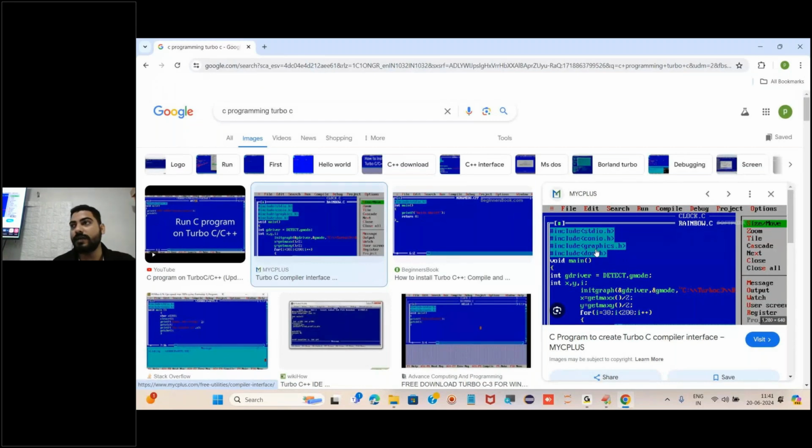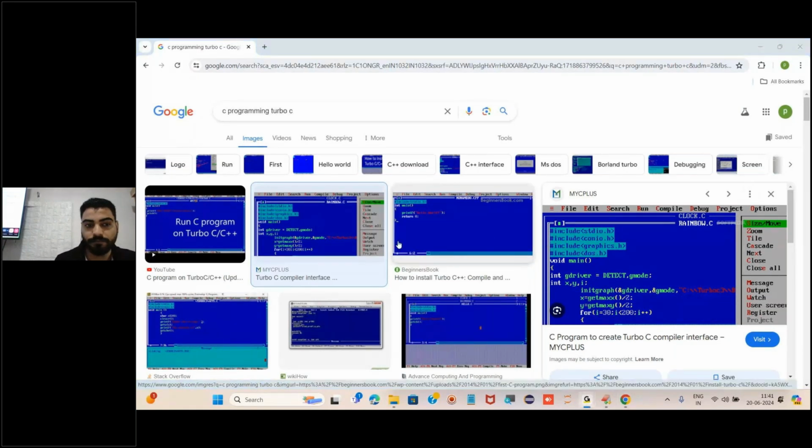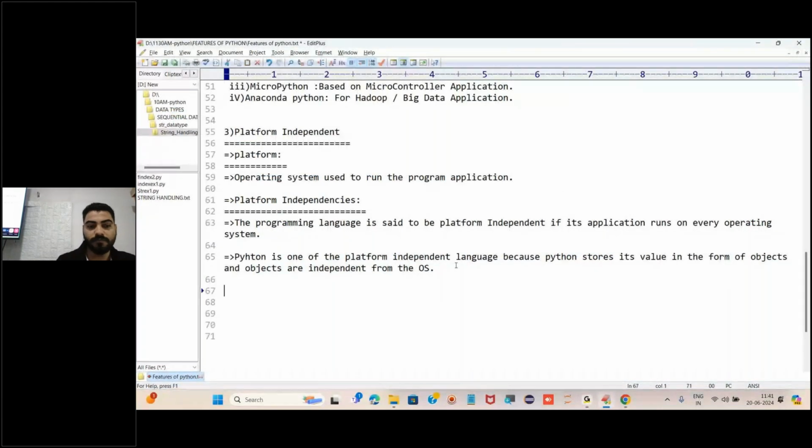Okay, now you got what is platform. What is platform? Platform is an operating system. Why is it known as platform independent? Why is a particular language known for its platform independence? It can run the same program in different operating systems as well. Okay, fine. Next, the most important, fourth one. An example of platform independent is Python, as well as Java, you can consider.